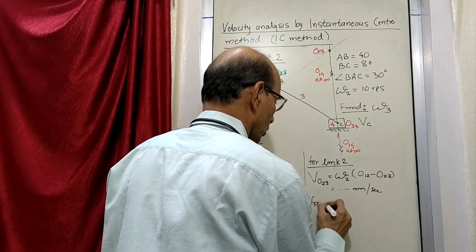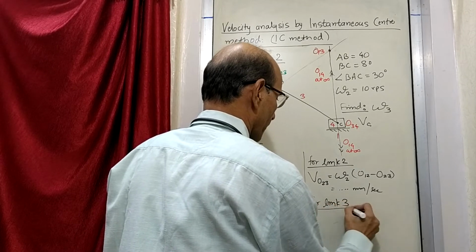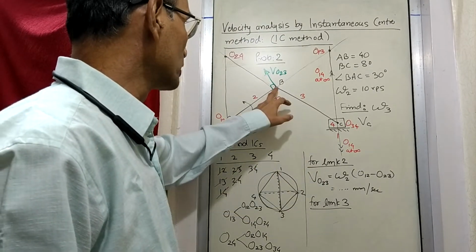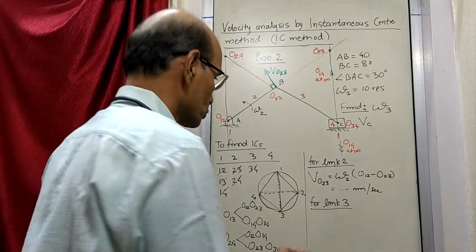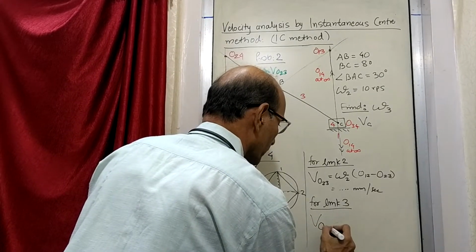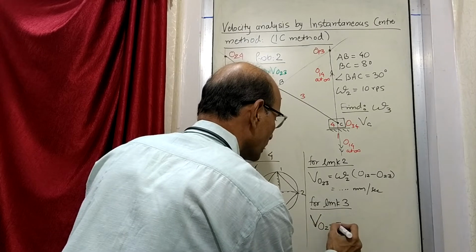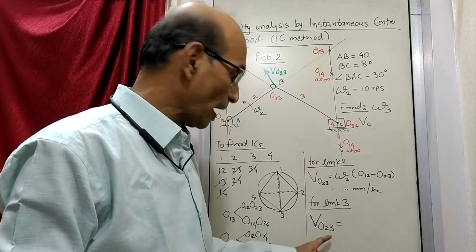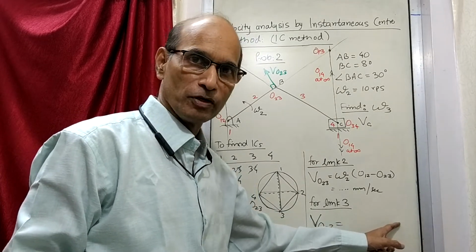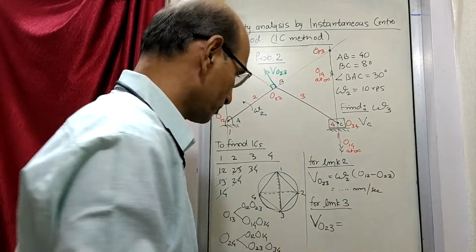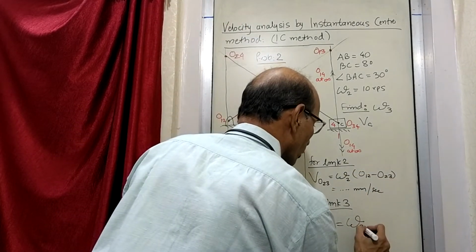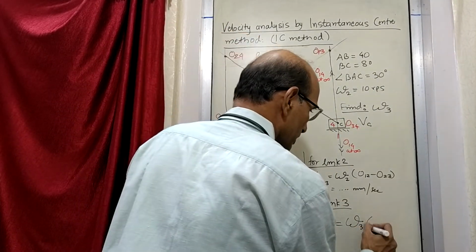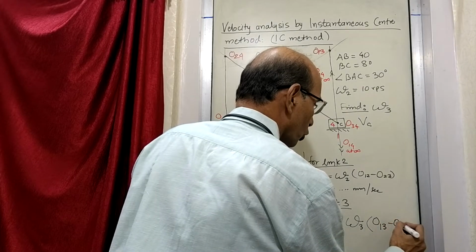Now we go to link number 3. So for link number 3, what do we write now? You can see this 2, 3 point belongs to link number 3 also. So we write again the velocity of O23, but this time we say that the 2, 3 point is belonging to link number 3. So if it is on link number 3, you have to write the equation accordingly. If it is on 3, then it is rotating about O13, and the angular velocity has to be taken as omega of link number 3. So angular velocity of link number 3, and then the distance from O13 to O23.